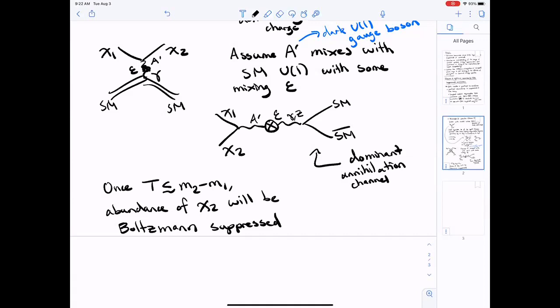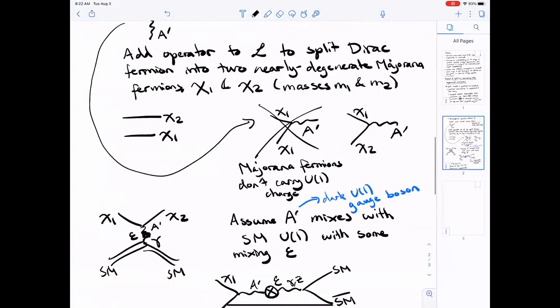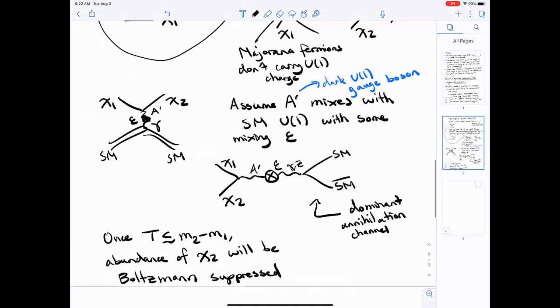On Zoom, yeah. Is there a possibility of bound state formation? Okay, so the question on Zoom is, is there a possibility of bound state formation? Yes, if either the coupling in the dark sector is heavy enough or this A prime gauge boson is light enough. In that case, you could have situations where there are other annihilation channels besides this one that are important, like maybe two chi-1 particles can form a bound state, and that bound state can subsequently undergo some kinds of scattering annihilations that allow that to serve as an annihilation channel.